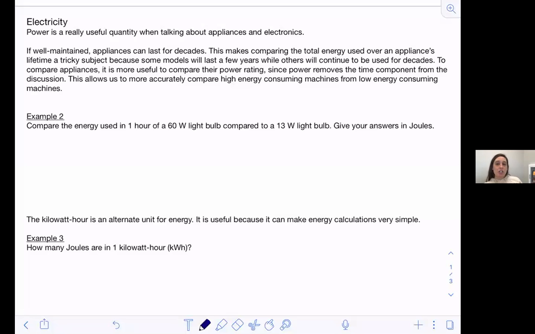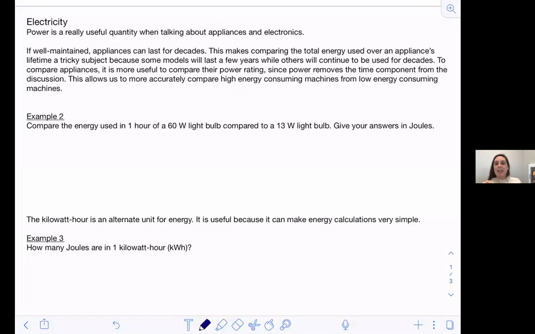Hi. In this section, I want to talk about power in the context of appliances and electronics. Power is a really useful quantity when we talk about appliances and electronics, and the reason why is because appliances can be around for decades. So, if we wanted to compare a high energy, meaning high cost appliance, to a low energy, meaning low cost